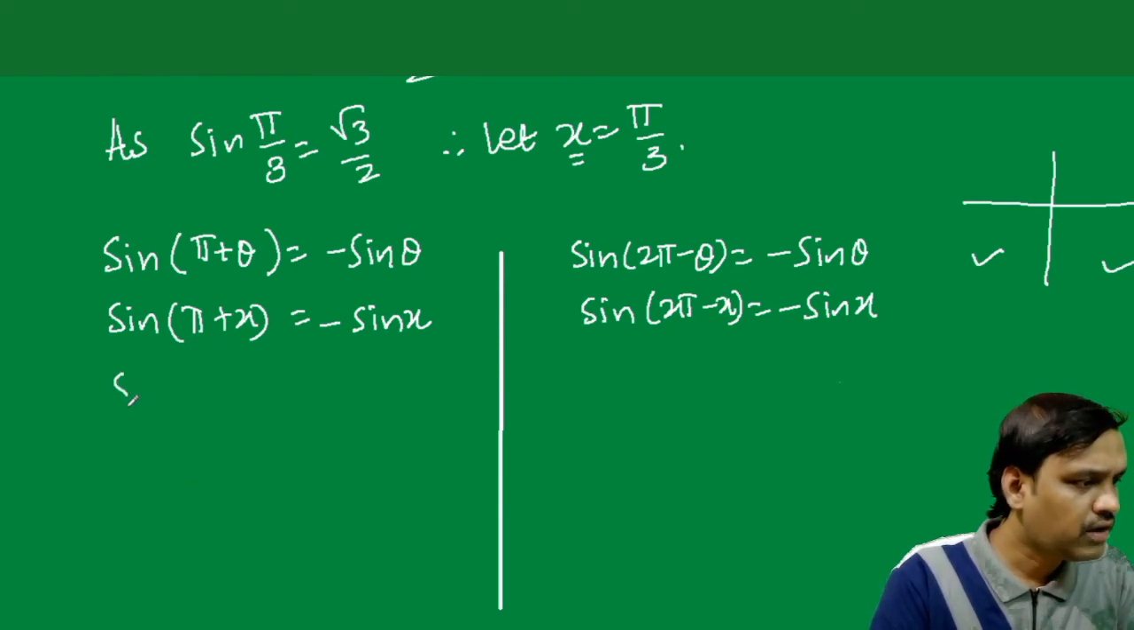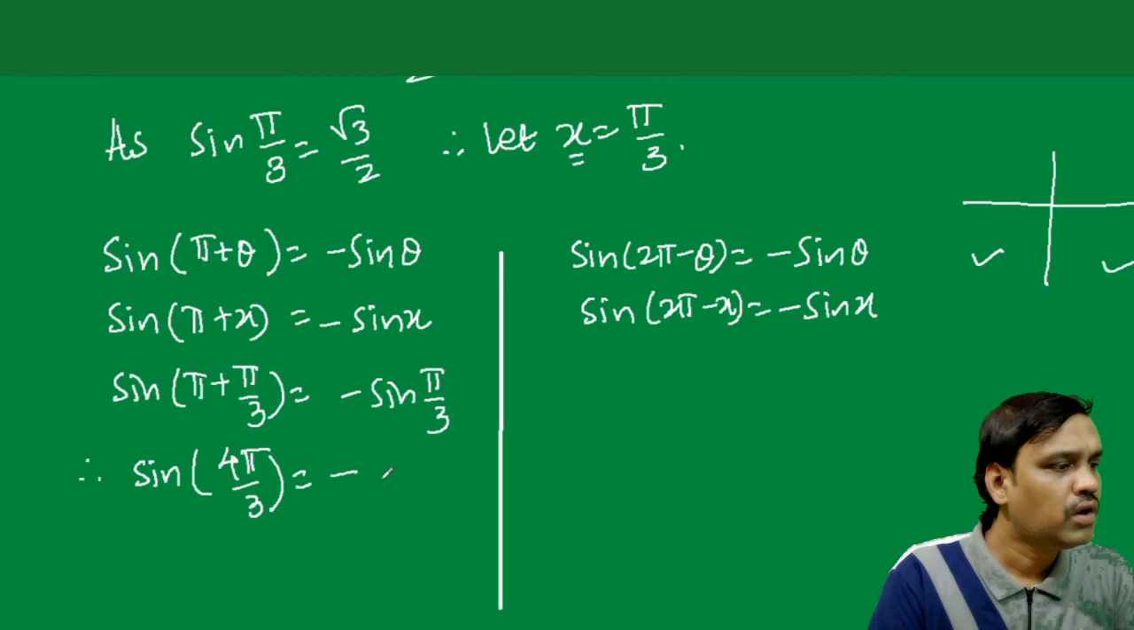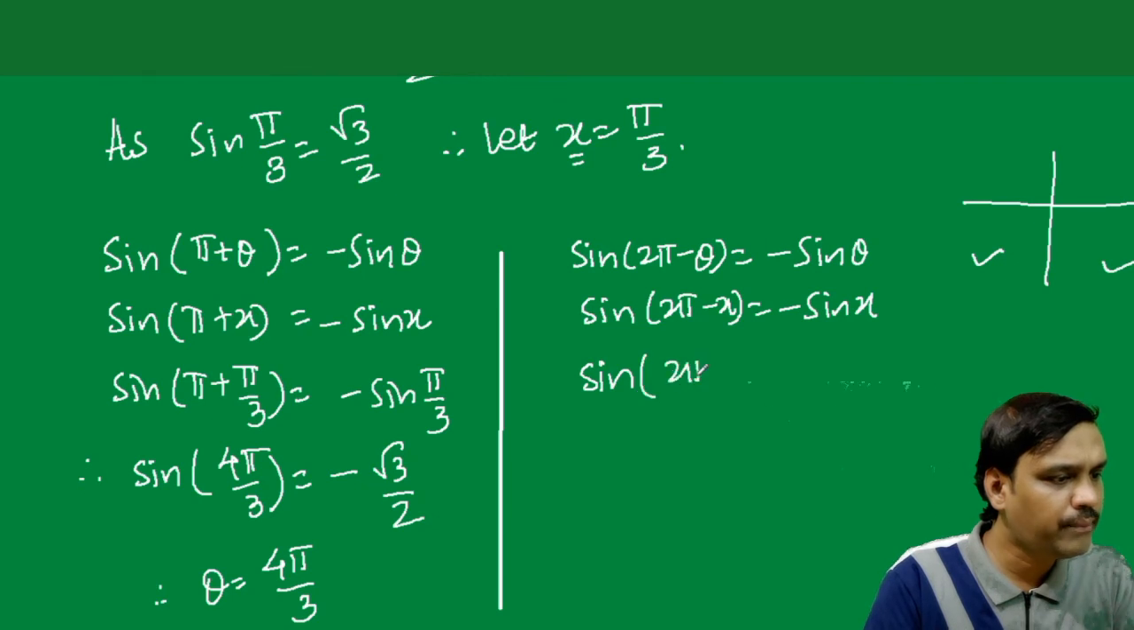See, sine of pi plus pi by 3 is equal to minus sine of pi by 3. So therefore, sine of pi plus pi by 3, 3 pi plus pi, that is 4 pi upon 3, is minus sine pi by 3. Sine pi by 3 is root 3 by 2, so minus root 3 by 2, and therefore theta is equal to 4 pi upon 3. That is the solution. Similarly, here sine of 2 pi minus x, x is pi by 3,